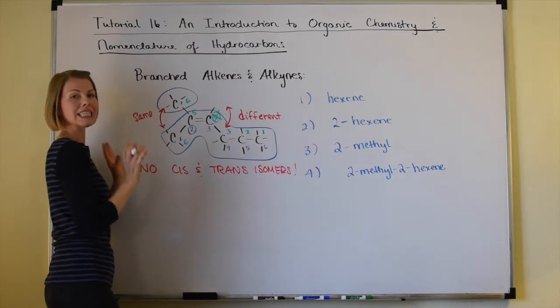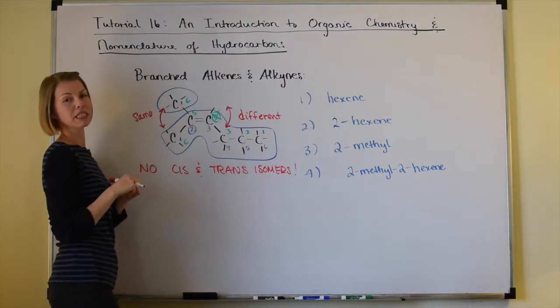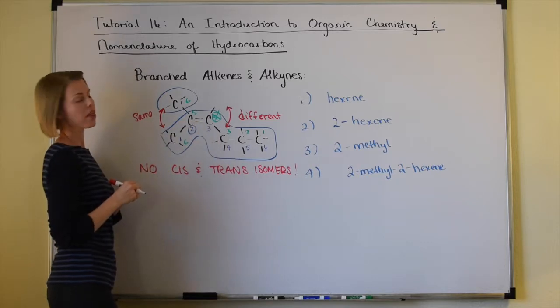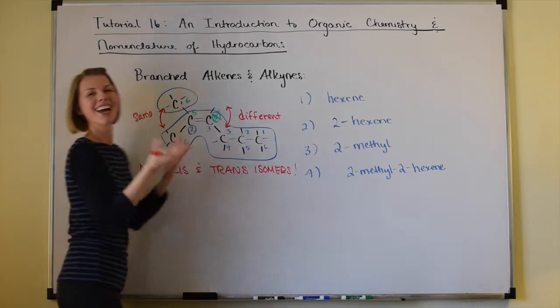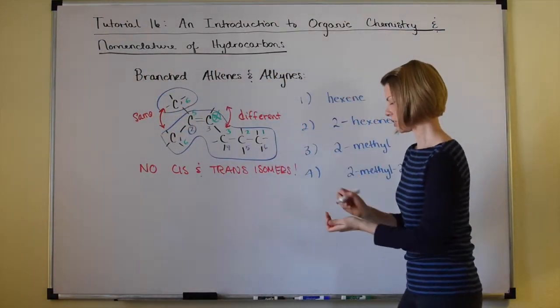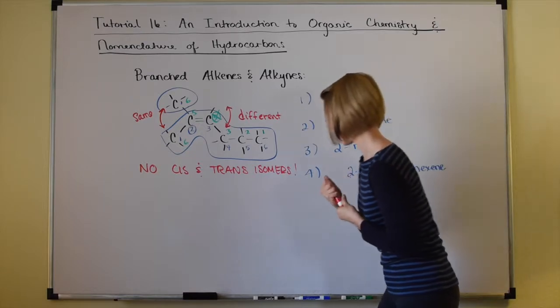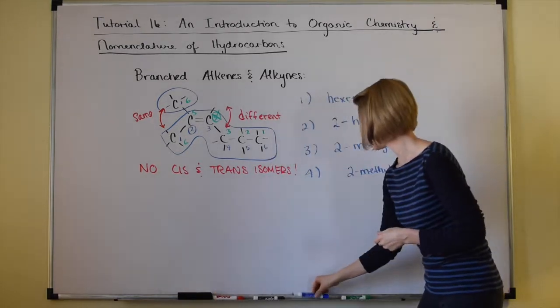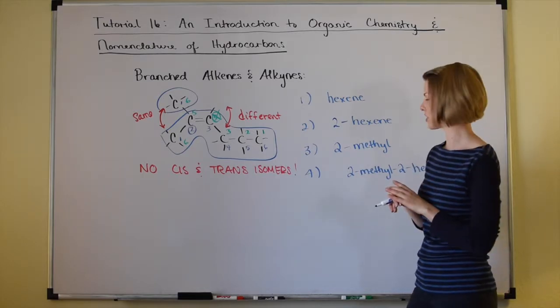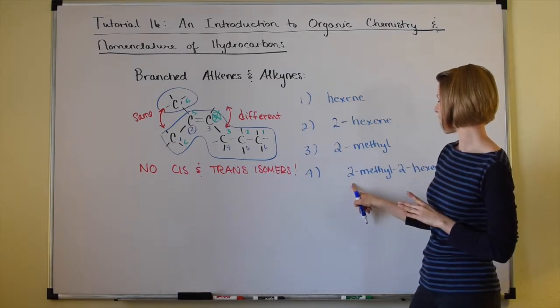If just one side has the same two substituents on the carbon of a carbon-carbon double bond, then there's no cis-trans isomer. Because again, you can flip their position and you're still going to have the same molecule. It won't change. So we kind of got off lucky on this one. We don't have to decide if it's a cis or a trans isomer. It doesn't have cis-trans isomers. That means that our final name is